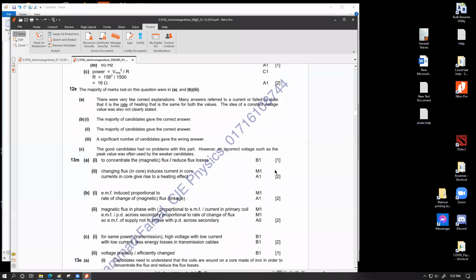So the thing that I said, that the primary coil's current produces the B. The EMF or PD across the secondary coil is proportional to the rate of change of flux. So these two things cannot be in phase because one is one variable, the other one is